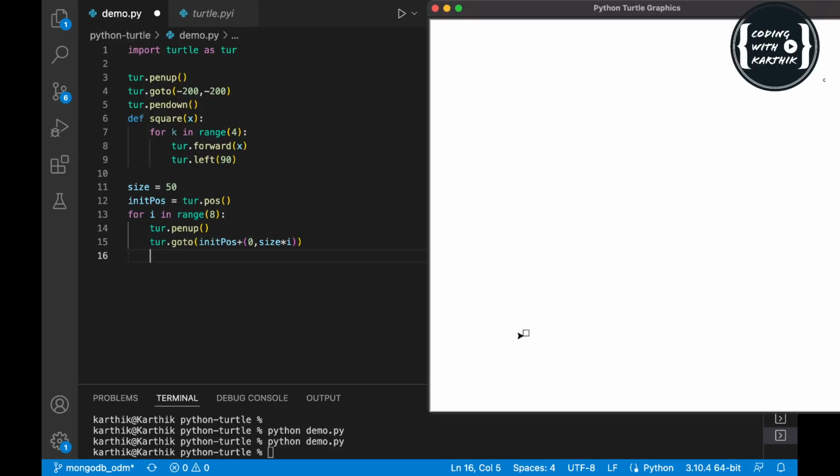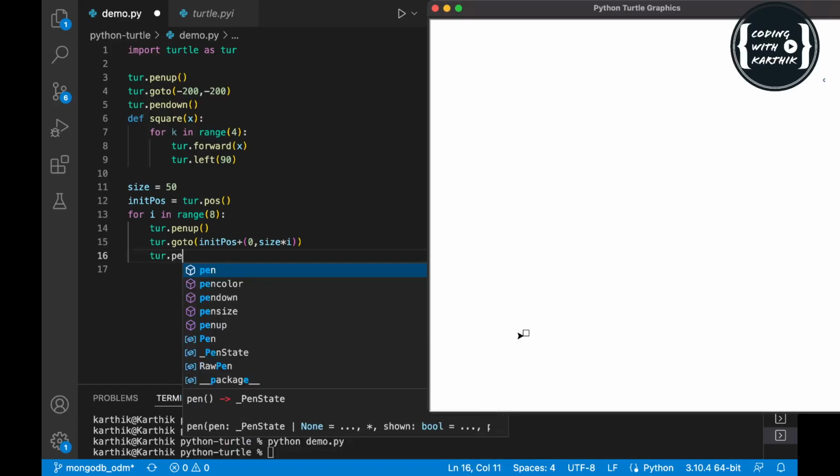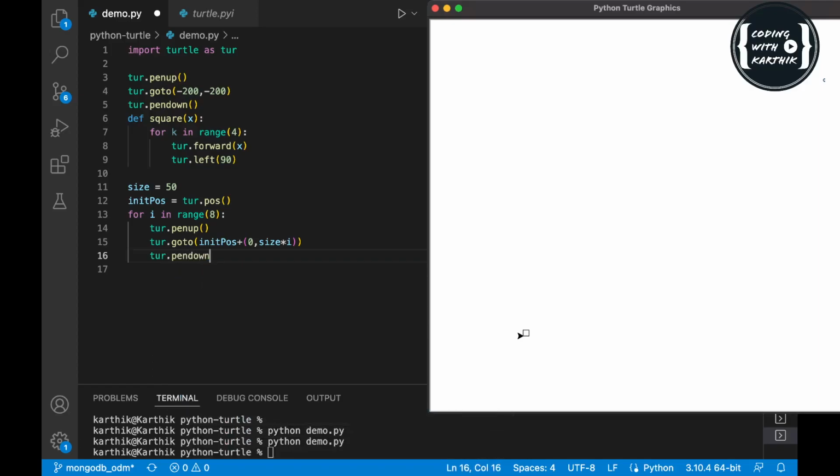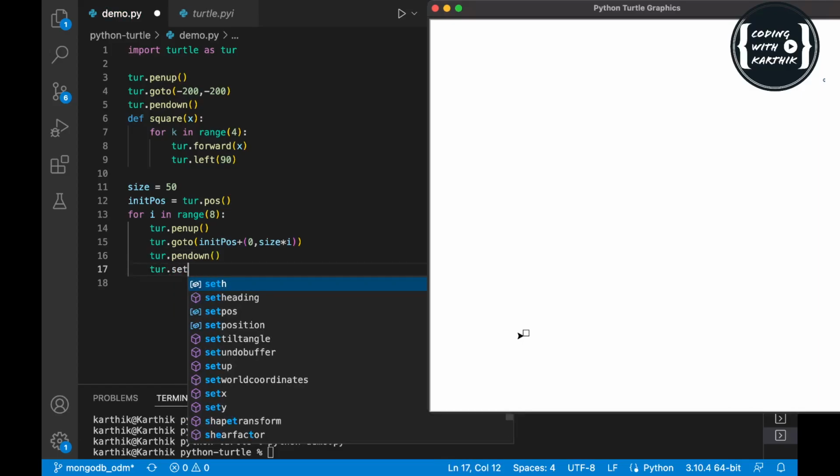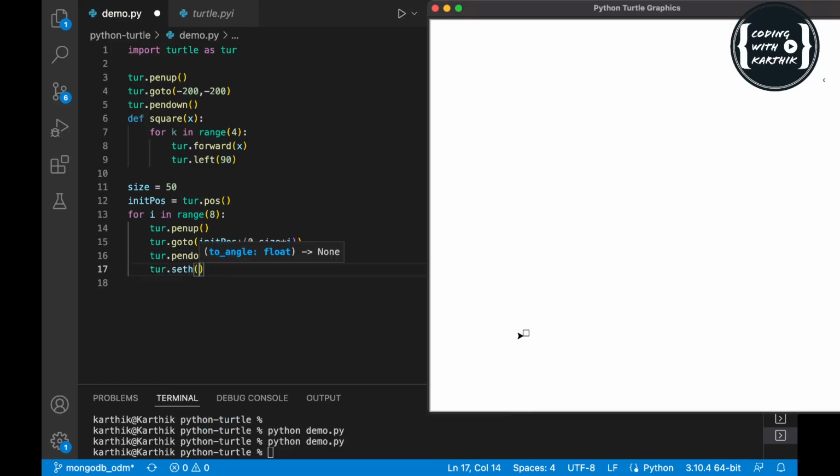So we are adding this initial position, and also we are moving the y position according to that. Even you can use the set y method, based on the current y position, initial y position. Okay, and I'm just doing the pen down. Now we just set the heading of the turtle to 0. So now